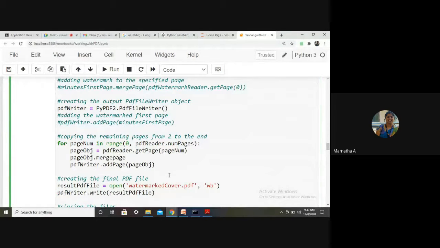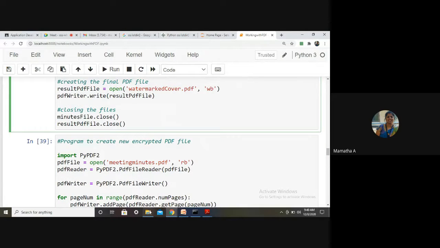In Page bracket, PDF watermark reader, get page 0. Is it that? This one only, right? PDF watermark reader, get page 0. Okay. After adding the watermark, add the page again back to your PDF, right?